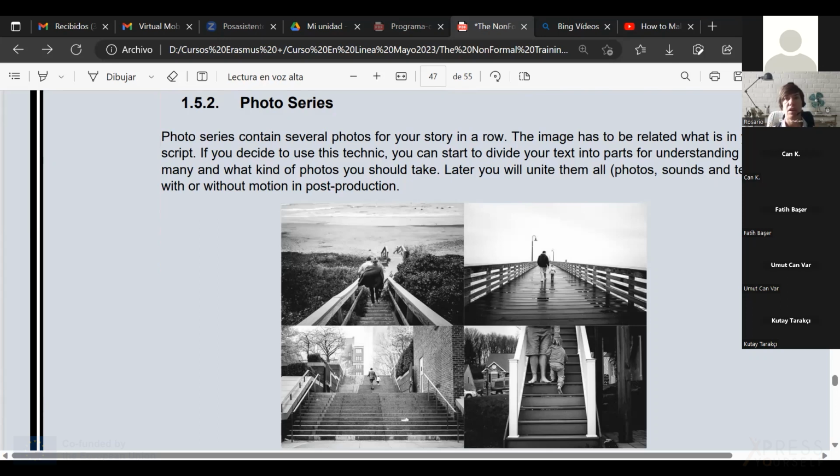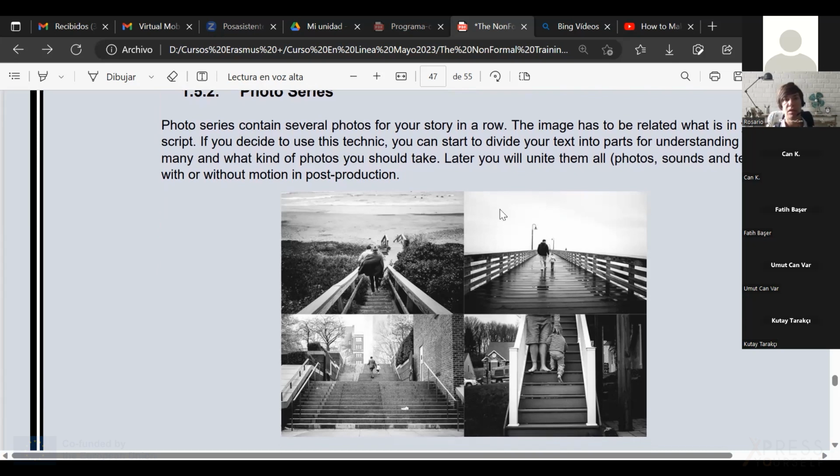That means if you are taking the pictures after having your story, that is another thing we haven't had the time to talk about, but you can either start by taking the photographs and then creating the storytelling, or you can create the storytelling following the steps that we have seen today and then choosing the photographs. Anyhow, you can create this photo series.